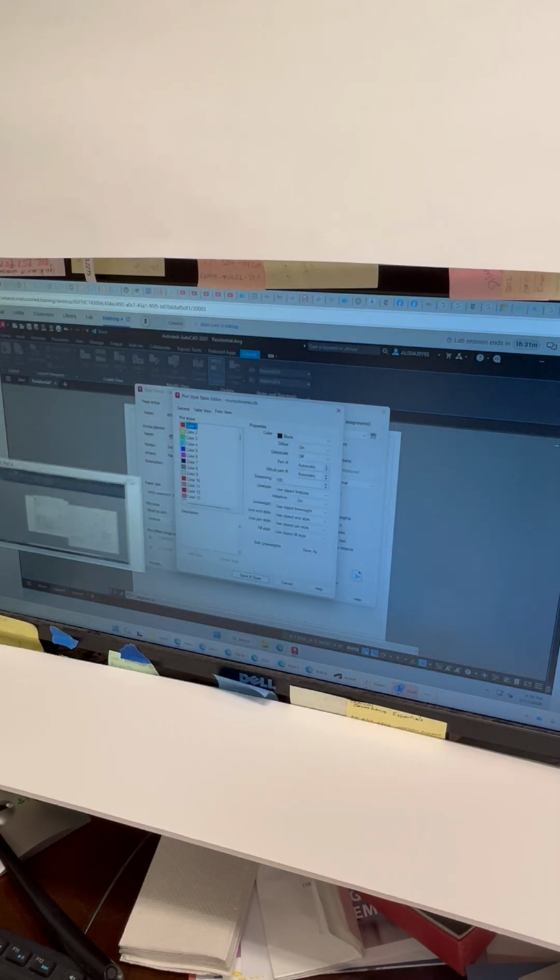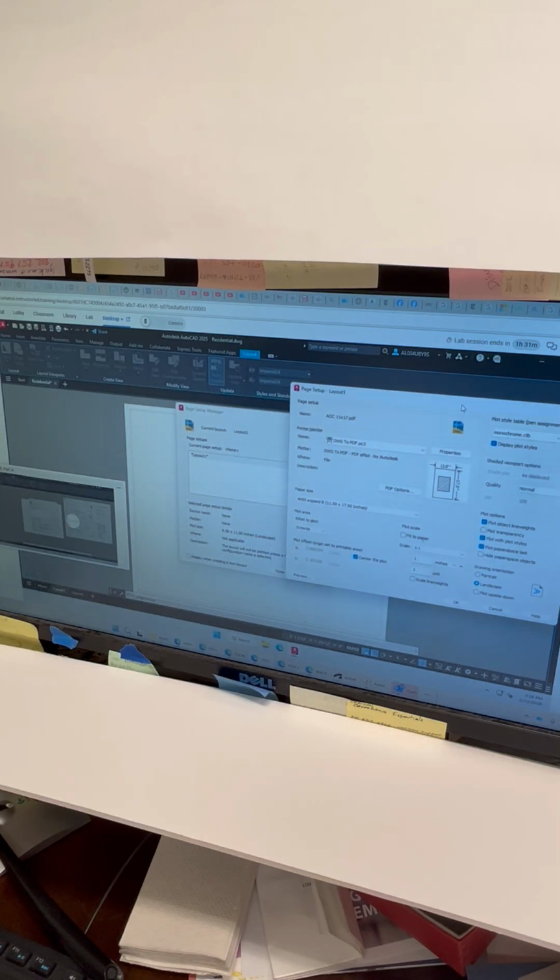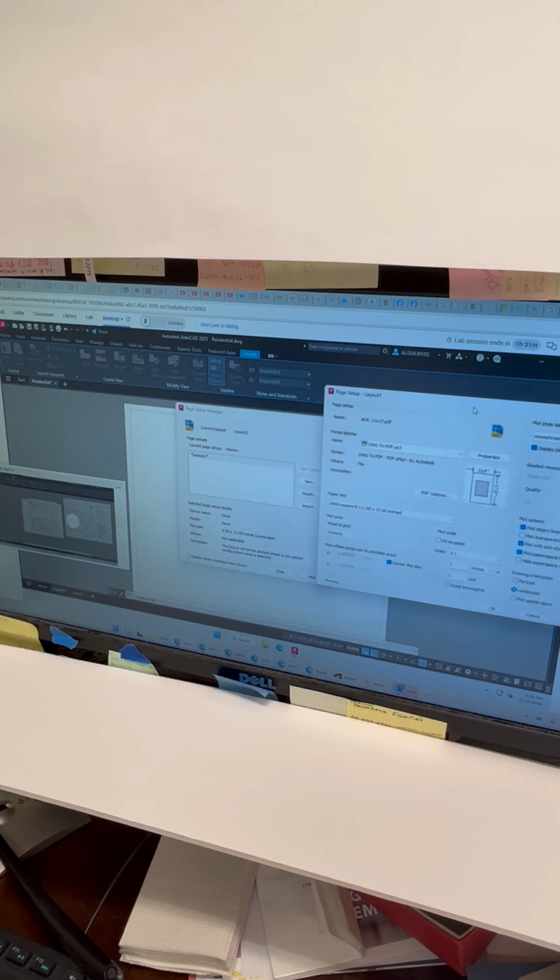All right, go ahead and hit OK. Now let me move this out of the way. Here, it's going to be kind of hard to see, but you'll see there's the paper back there. It's still 8.5 by 11, but we haven't yet assigned this AOC 11 by 17 PDF layout page setup to the layout yet. So go ahead and hit OK. All right. Now, how do we do that? Well, we're in this layout. So what I want to do is